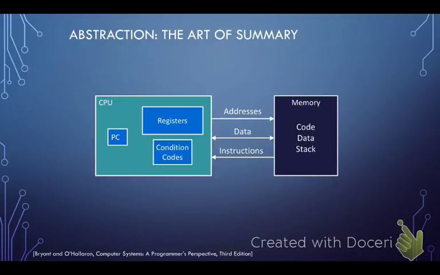Where things get kind of dicey is that on top of this idea of composition, we add the idea of abstraction, which is basically the art of summary, wherein instead of looking at all of the details of the particular things that we build, we look at them from a high level. Okay, we abstract away the details and just talk about this complex thing we've built as a simple entity with a set of predictable behaviors. That's very powerful because it enables us to think about things more easily.